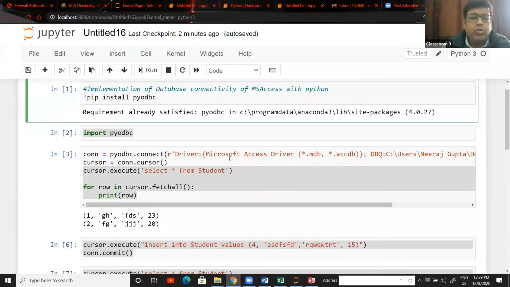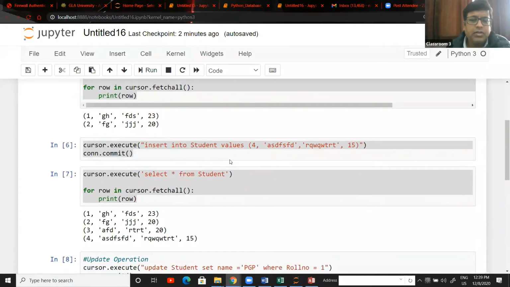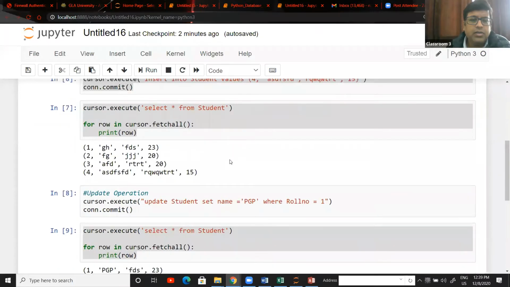And what we can do here, we can create the tables, we can insert the records, we can update the records, we can delete the records, and we can fetch the records. So all are done using methods like execute and fetch statements. Okay,